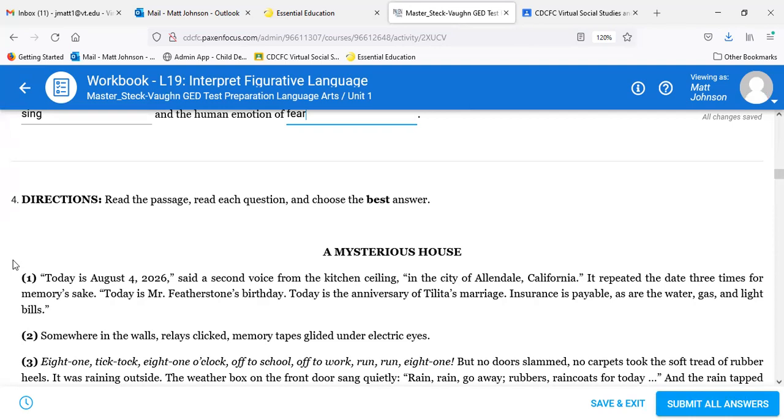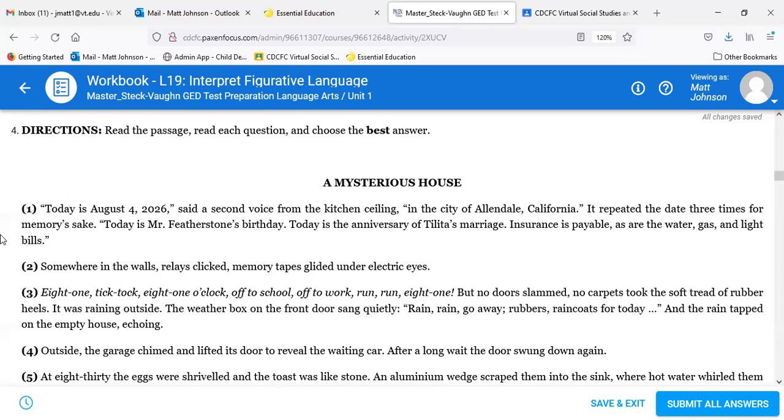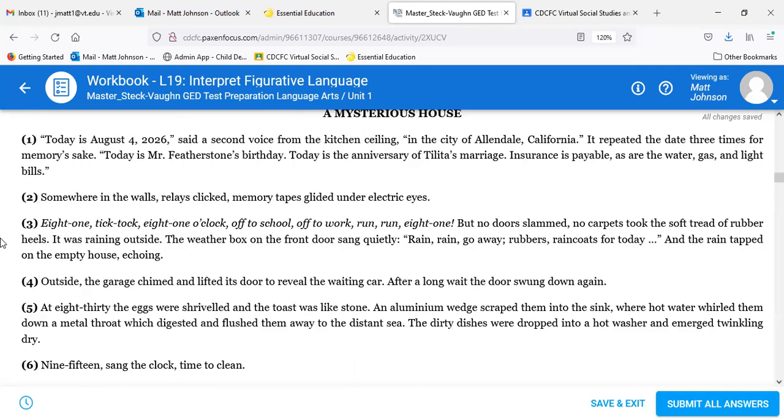Today is Mr. Featherstone's birthday. Today is the anniversary of Selena's marriage. Insurance is payable as are the water, gas, and light bills. Somewhere in the world, the relays clicked, memory tapes